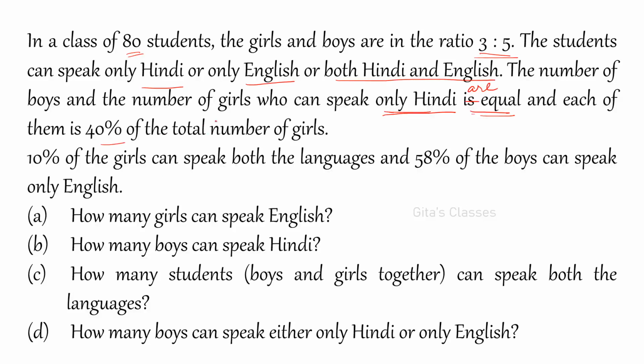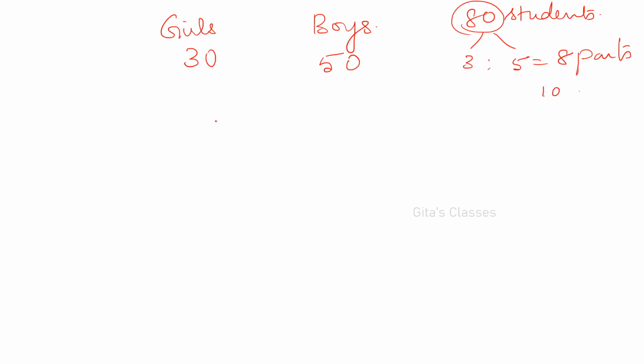With this, we have to first fill up the data. Even for girls, there are 2 languages. One is Hindi and English. So I am going to draw 2 circles for both boys and girls. Okay. So here, girls who can speak only Hindi. Only Hindi means this. Hindi means this circle. English means second circle. Only Hindi means this part. Okay, this part we will not consider. This is H intersection E, right?